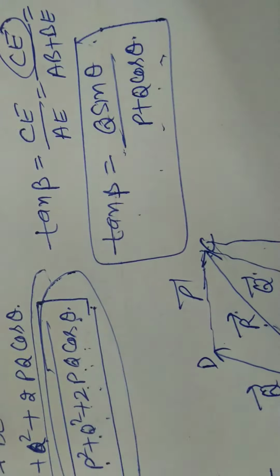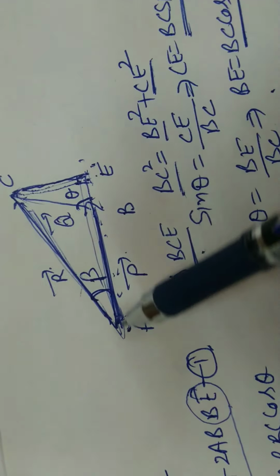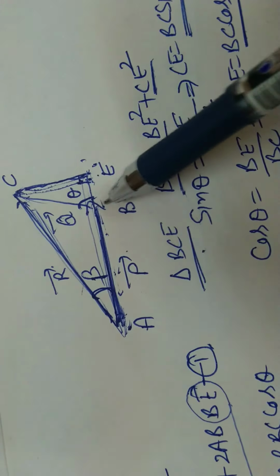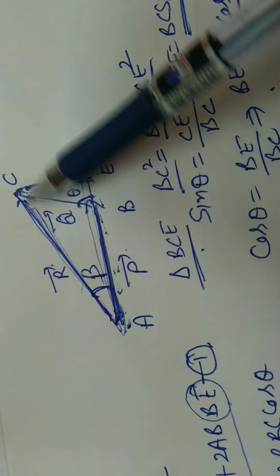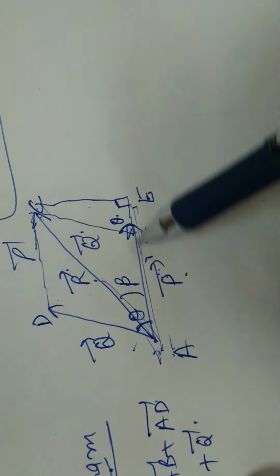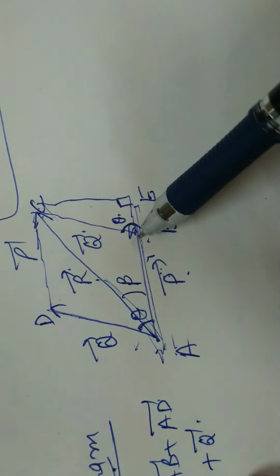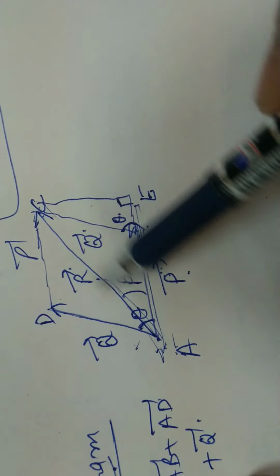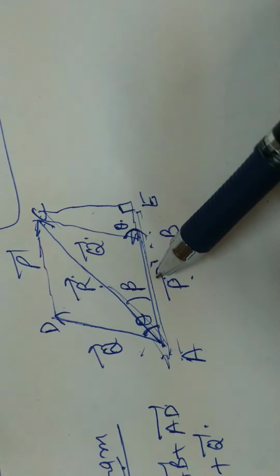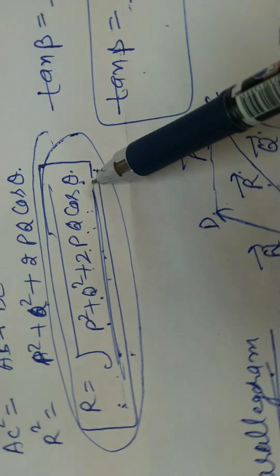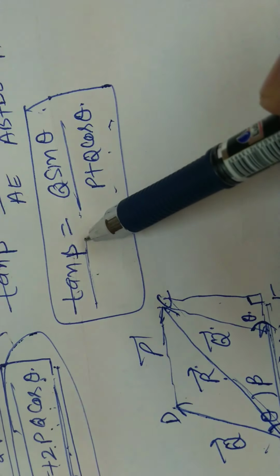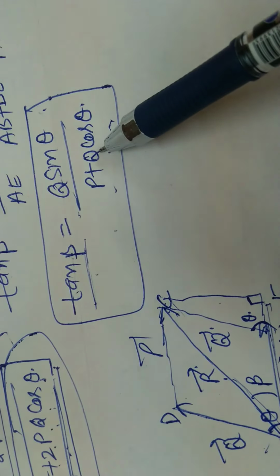We only have a difference of statement in the triangle law and the parallelogram law. In the triangle law, two vectors are represented by two sides of a triangle in the same order, and the closing side is the resultant of these two vectors. And in the parallelogram law, the two vectors are represented by the adjacent sides of the parallelogram, and then the diagonal passing through that point gives the resultant of these two vectors, and the magnitude of the resultant is represented by this formula, and the direction of this resultant is given by this formula.